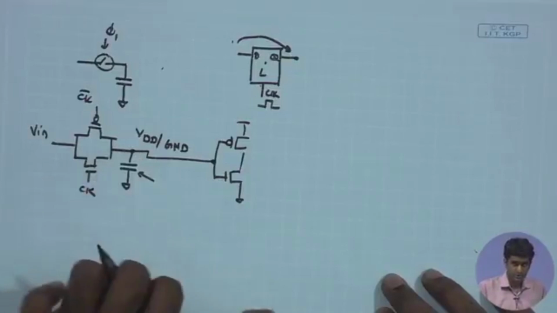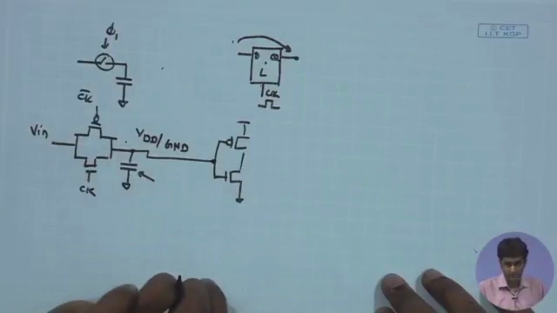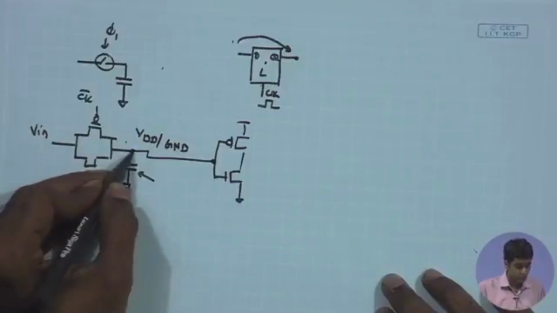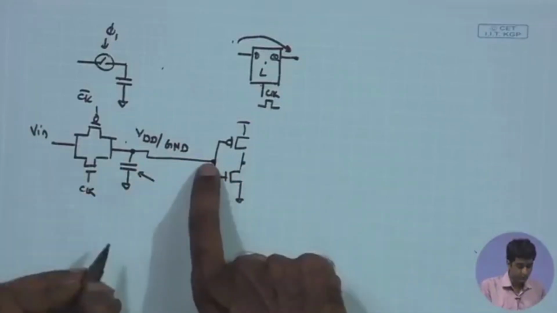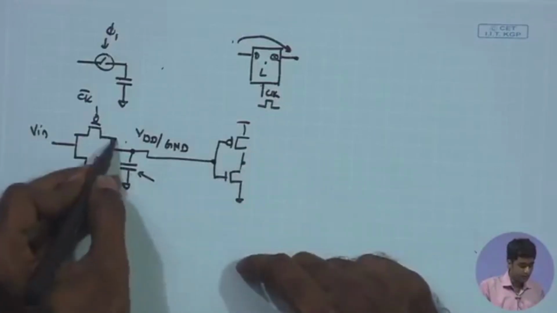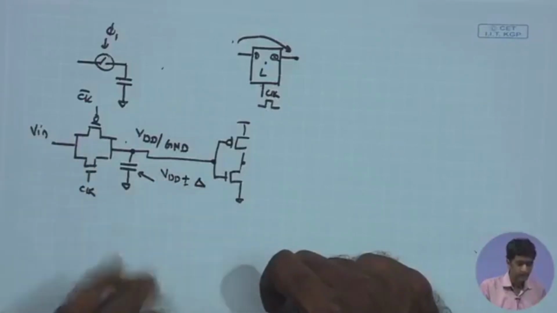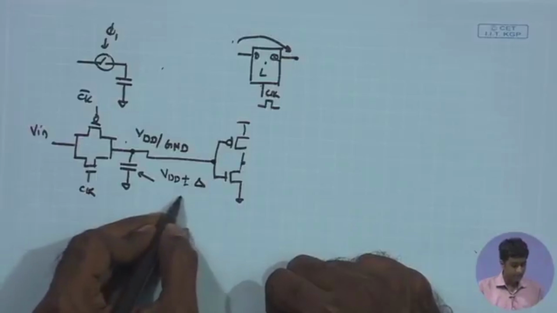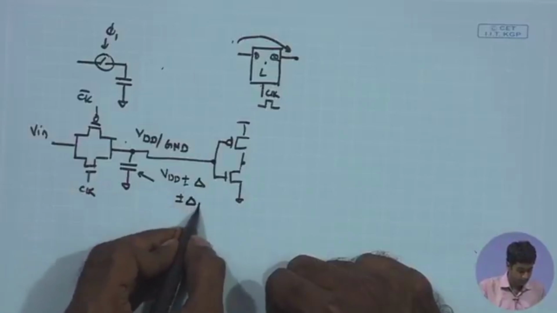So, suppose in this case we have an inverter, and under how much deviation in the stored charge or voltage over here can be tolerated by this inverter. Suppose the input was VDD, and as a result when the clock went high, this node was charged to VDD, and I have the gate voltage of the inverter charged to VDD. Now, of course, you may have some leakage component, you may have clock feed through. As a result, at the sampling instance itself, it may be VDD plus minus delta, and this is at t equal to 0, and after that you may have